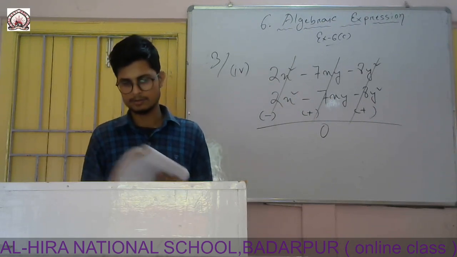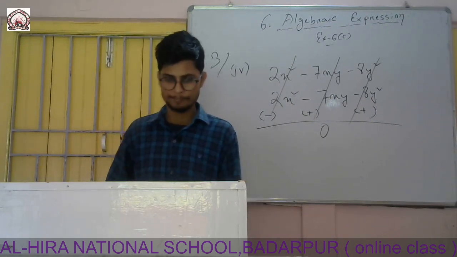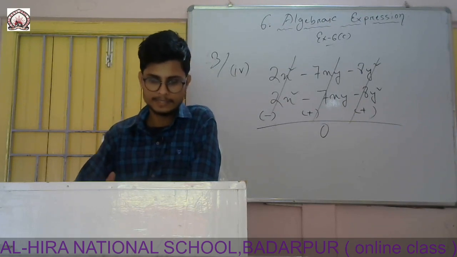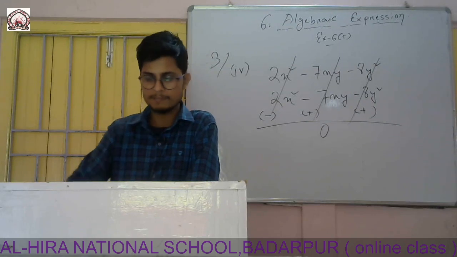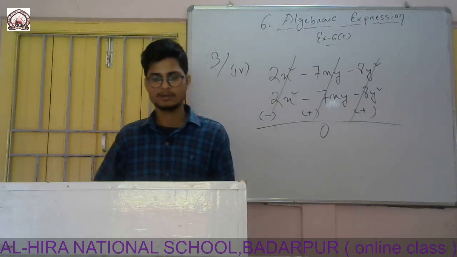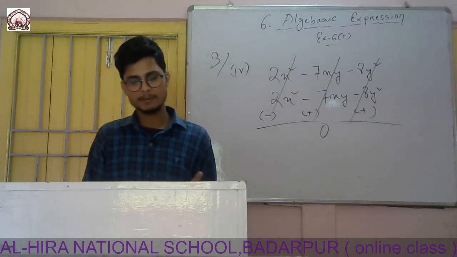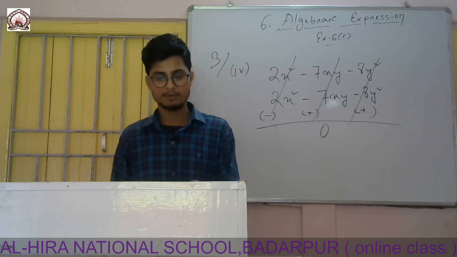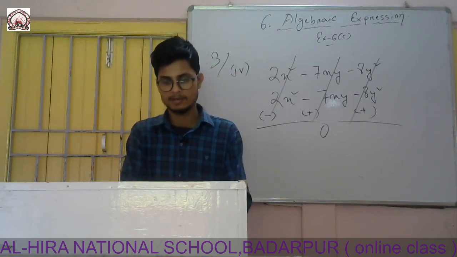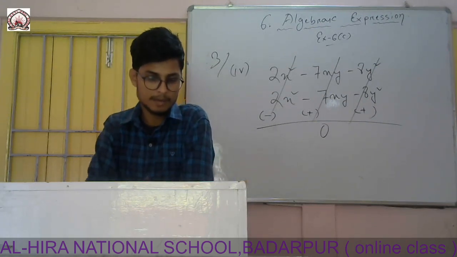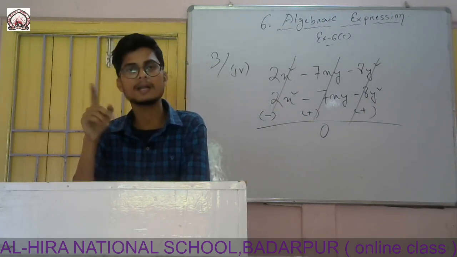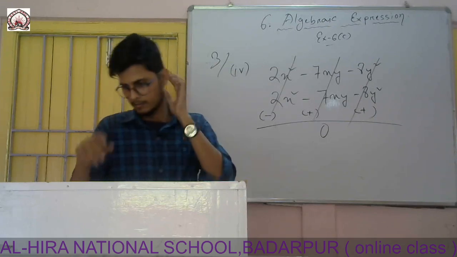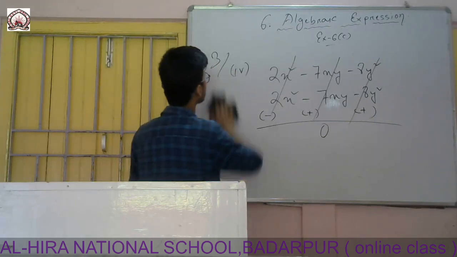Okay. Now see question number 4. How much is 0 greater than minus a square minus ab plus 7b square? So here 0 is the greater number. I have to subtract this one from 0. The expression which is given is minus a square minus ab plus 7b square. So simply I will write 0 minus this one. Okay, so let me solve.